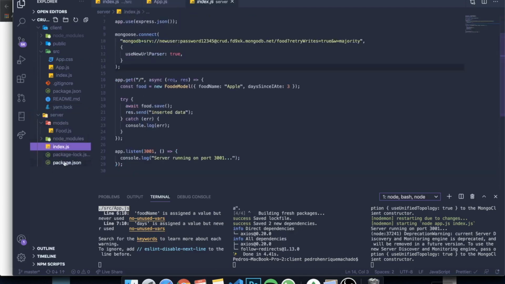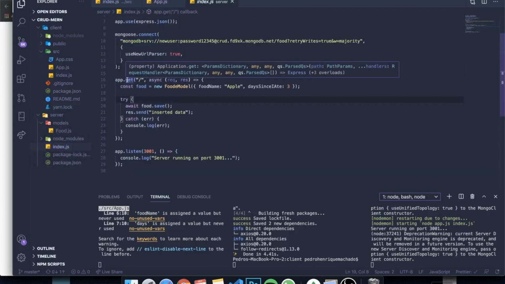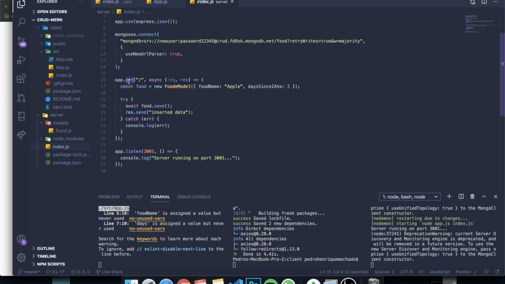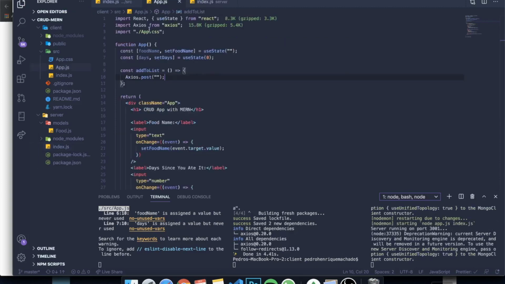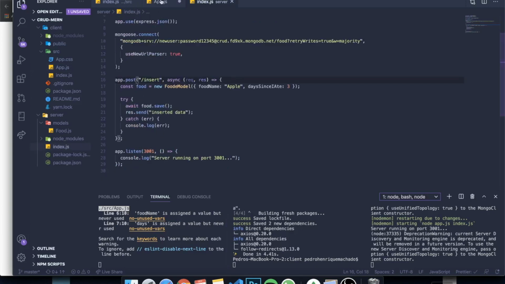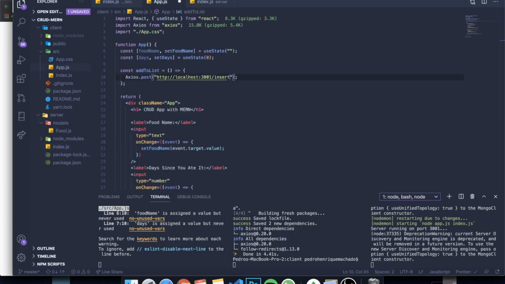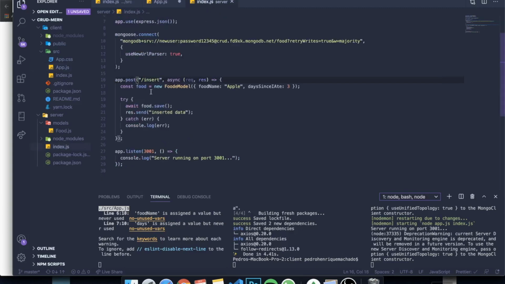get route. So if I come here to my index.js, I'm gonna change that. Instead of being app.get, I'm gonna change this to app.post. And this is the route where we insert stuff into our database, as you can see here. And I'm gonna call this /insert. And now if we come to our front end and just write http://localhost:3001, which is the port that I created, and /insert, we're now reaching this route and communicating